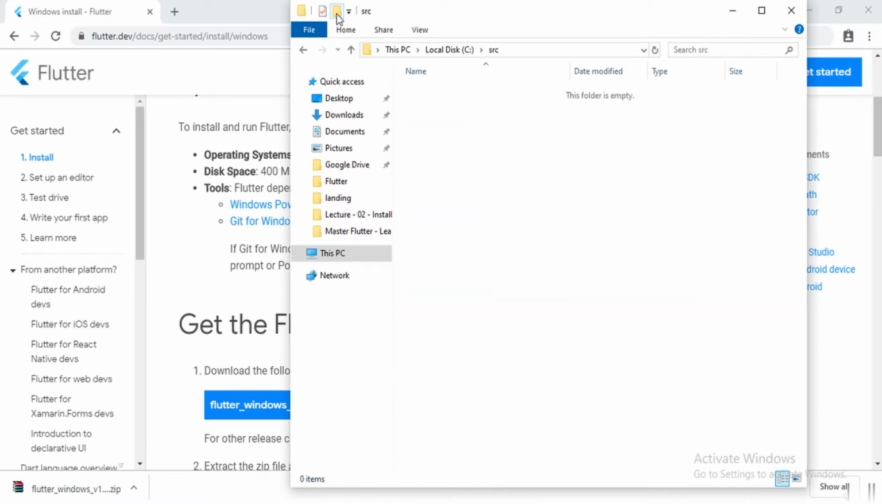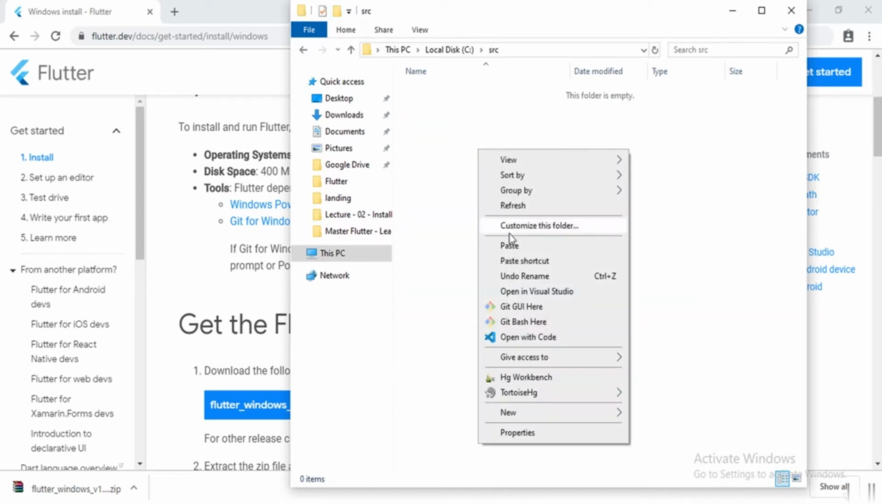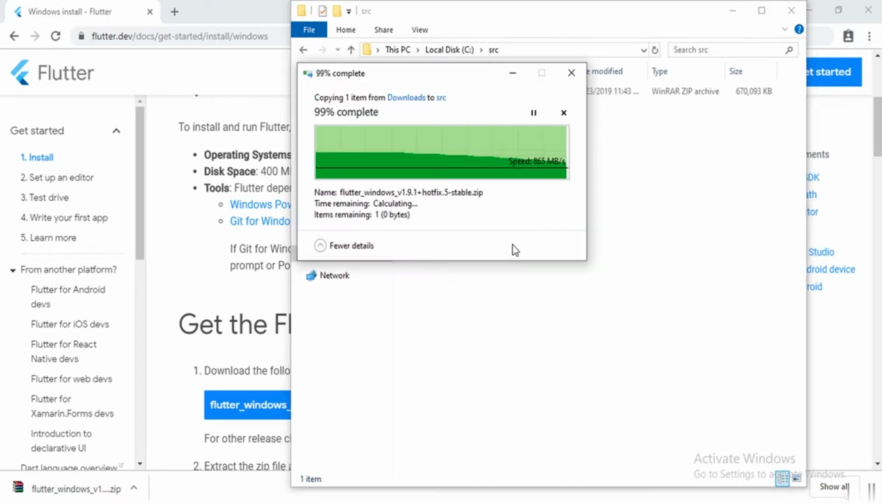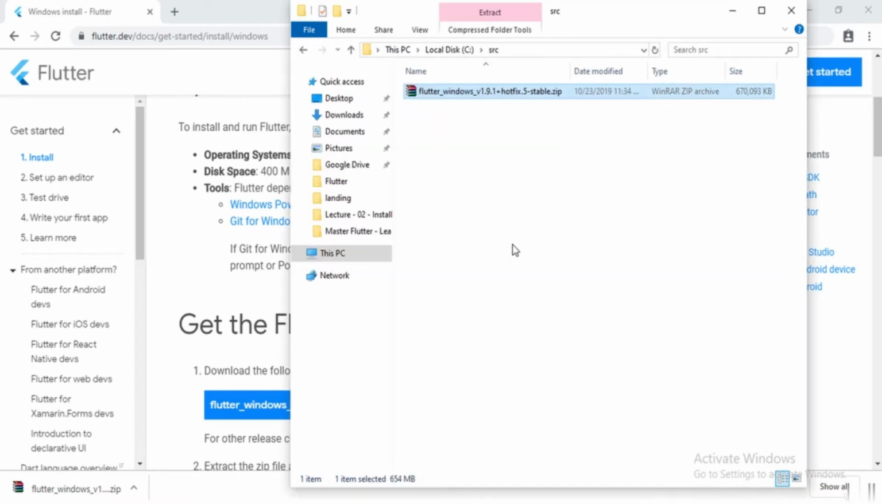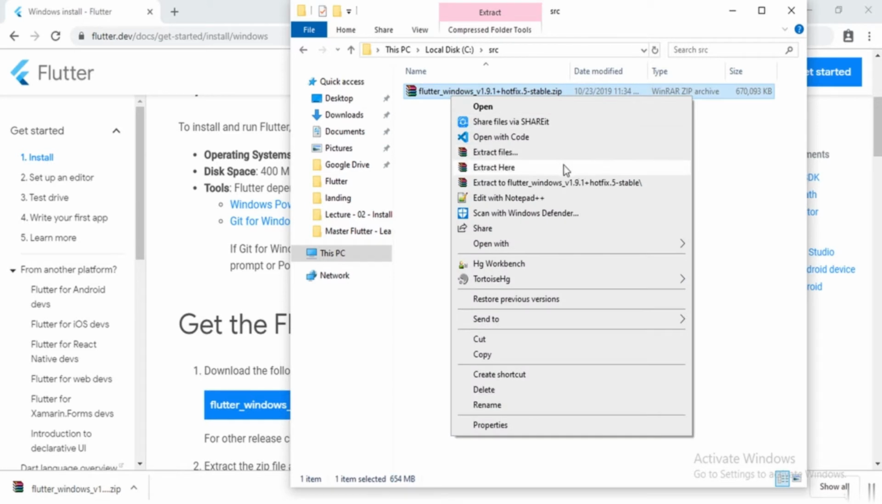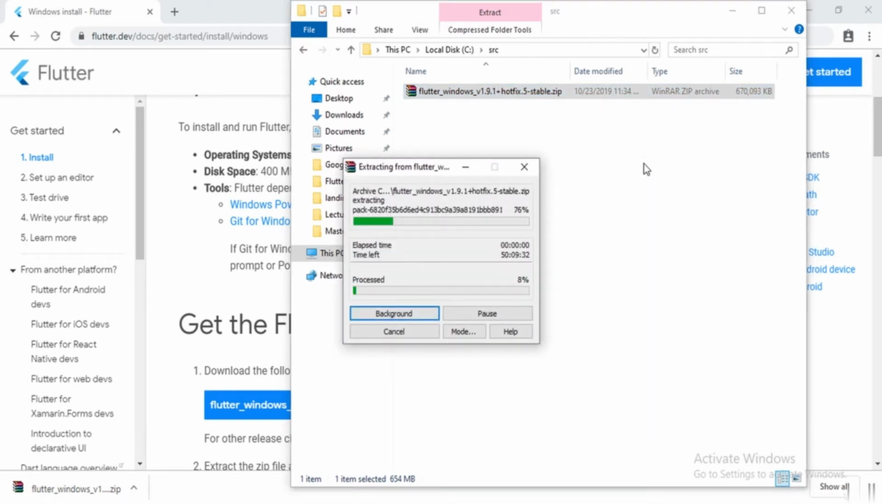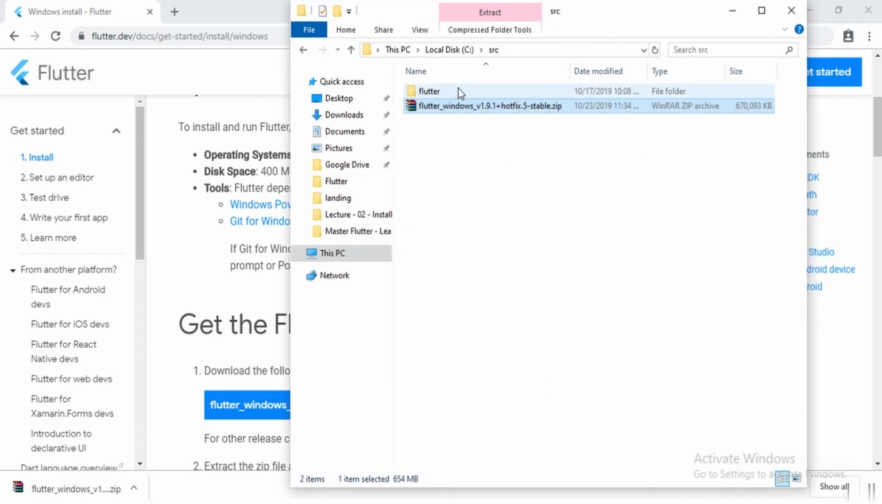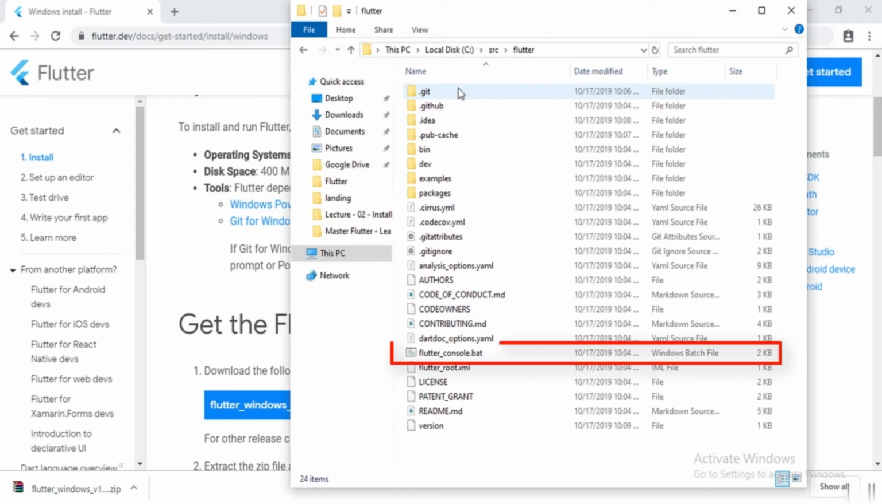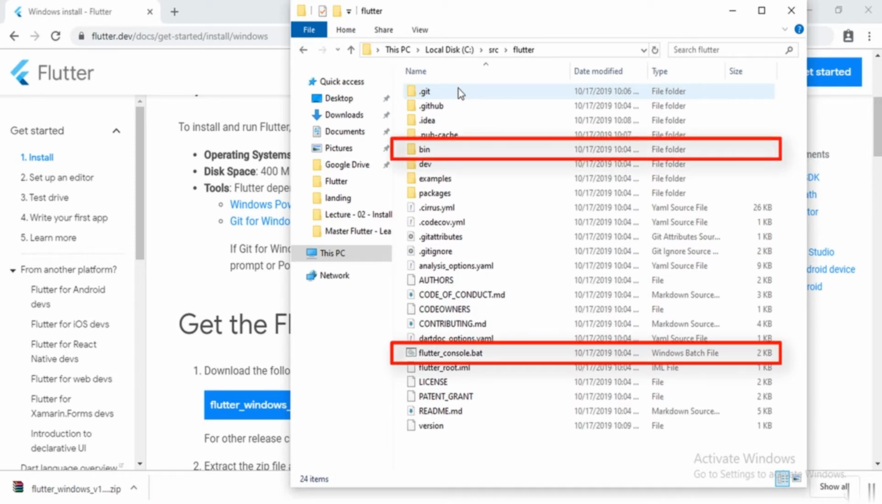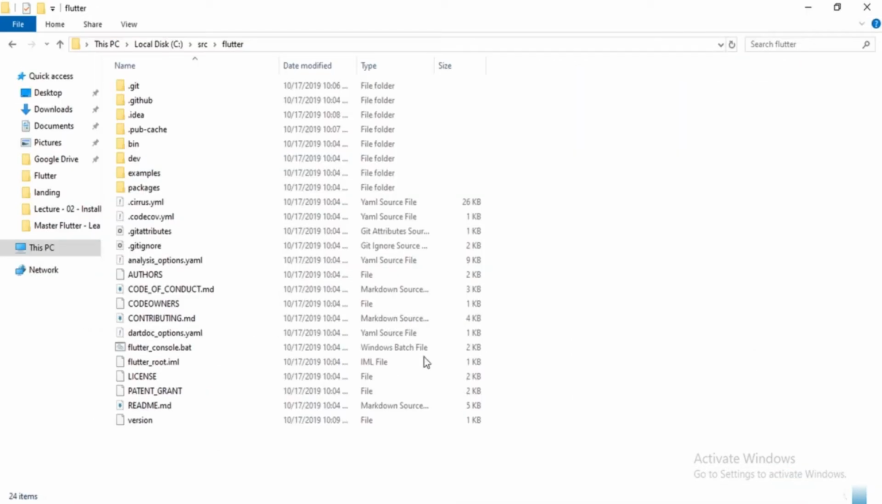And in the source directory, let's paste the SDK and extract it. Click on the file and click on extract here. Remember, you have to select extract here. Now let's go to the Flutter directory and check if the flutter_console.bat file and the bin directory are here. Now let's go to the bin directory,